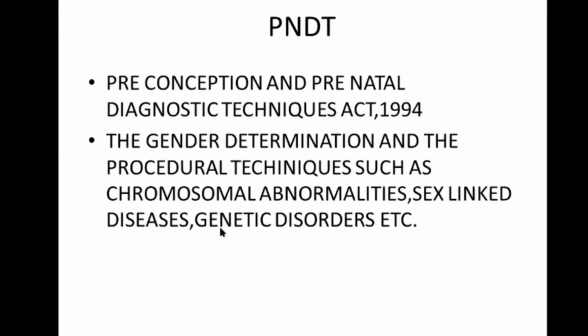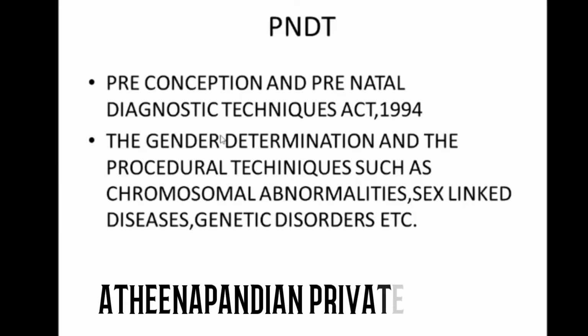Second thing, if the baby is having any chromosomal abnormalities, they should not say that. Sometimes it is good to say to parents if it is in serious cases. Sometimes the baby might have undergone some serious illness like Down syndrome or blue baby syndrome or bubble baby syndrome. In those cases, you can always tell parents, and if it is an early stage, you can recommend them to abort. In other cases, you should not tell those things.